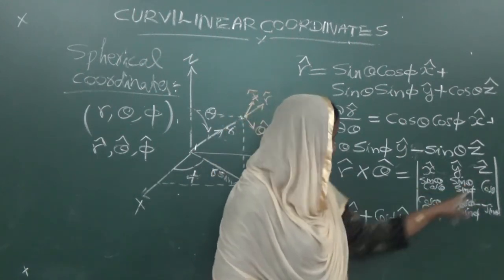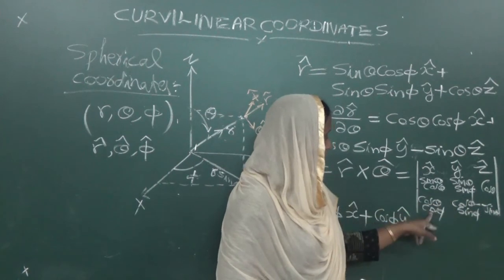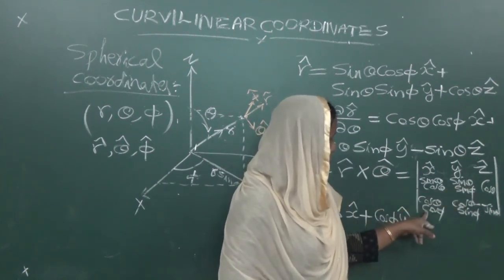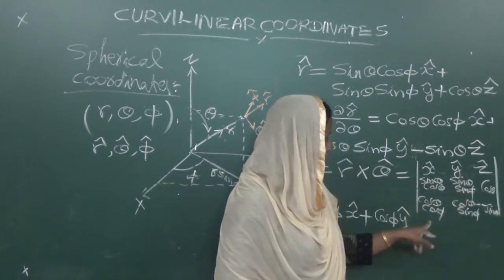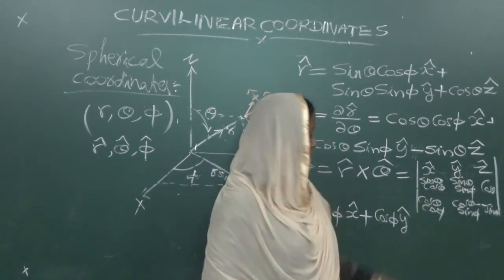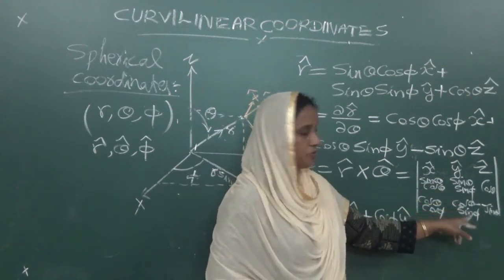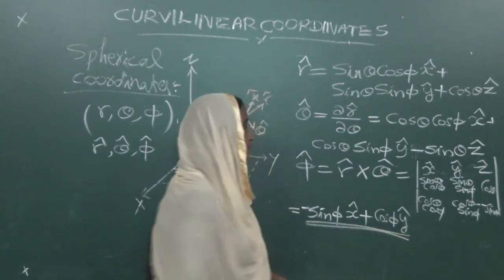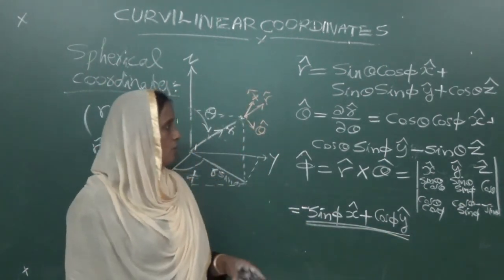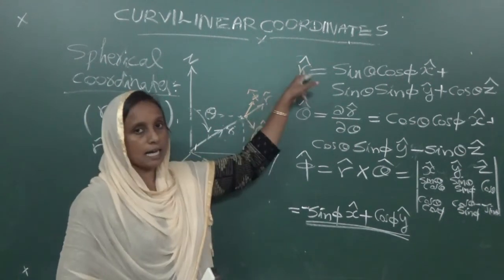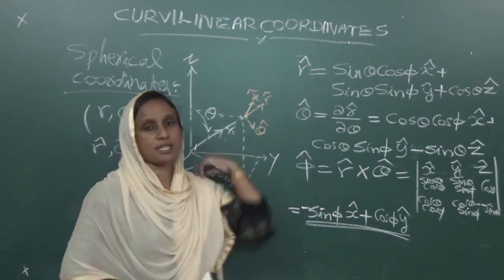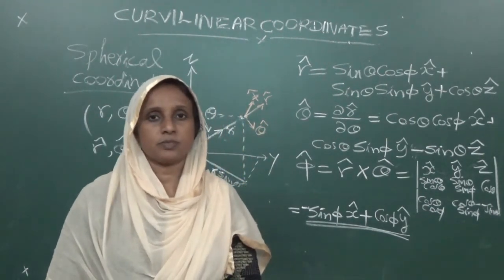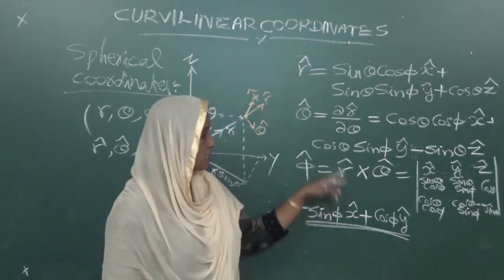Then for z cap, you have cos theta sin theta cos phi sin phi, and similarly cos theta sin theta cos phi sin phi, with opposite sign. So you get here 0. So this is phi cap. So you can express r cap, theta cap, and phi cap in terms of the Cartesian coordinate unit vectors, using the basis vectors of